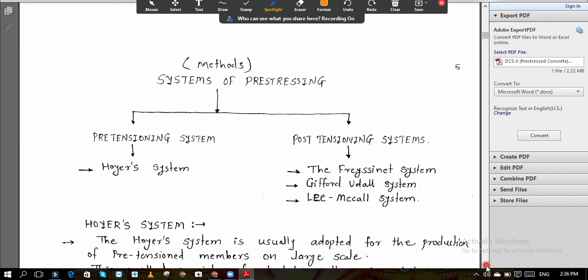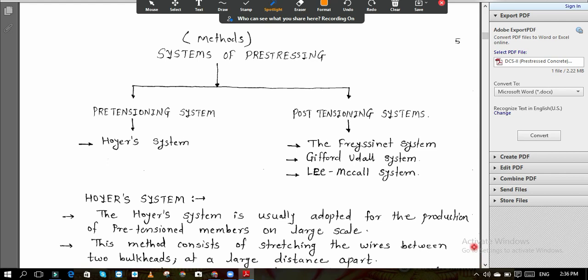See, now we will see the different methods of pre-stressing। What are the different methods by using which the pre-stressing is done? There are many different methods, but based on the pre-tensioning and post-tensioning system there are 3 to 4 methods that should be known to you। In pre-tensioning there is only one system, that is the Hoyer system, and for post-tensioning there are the Freyssinet system, Gifford-Udall system and Lee-McCall system।